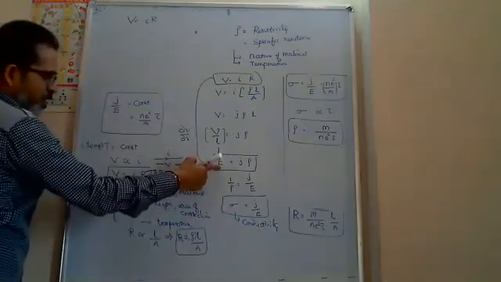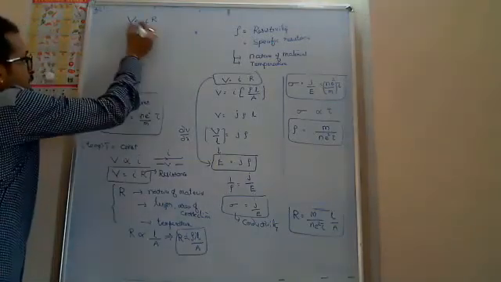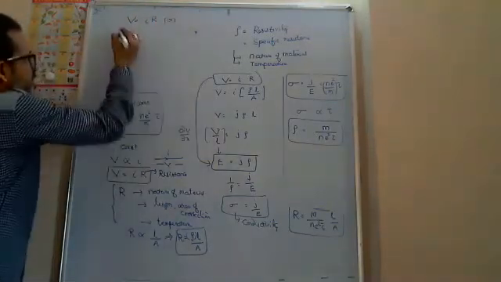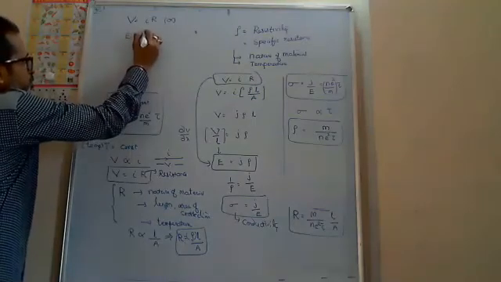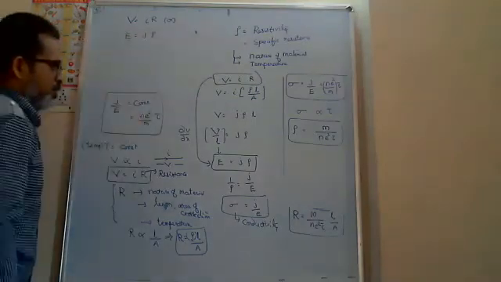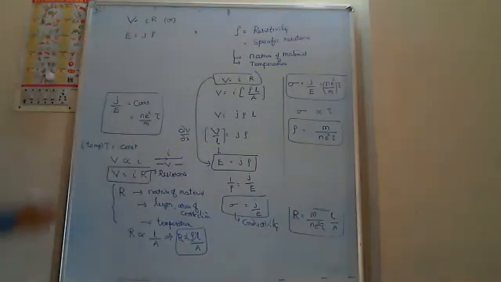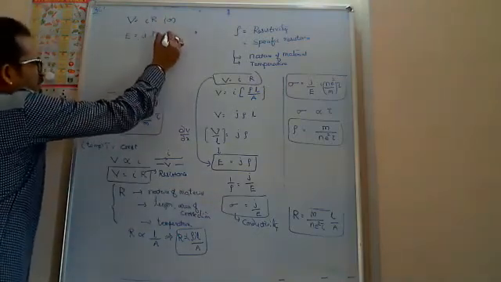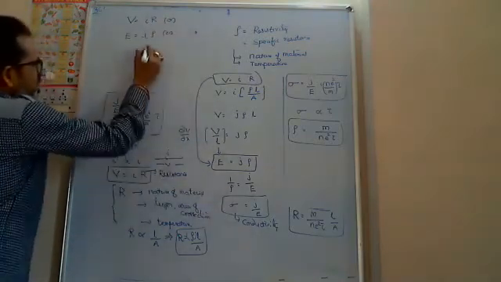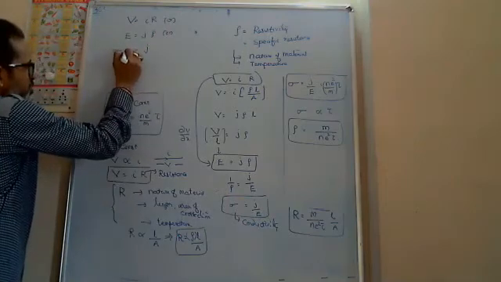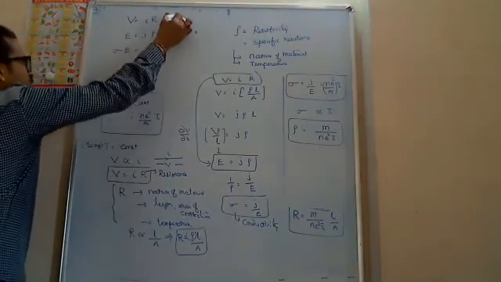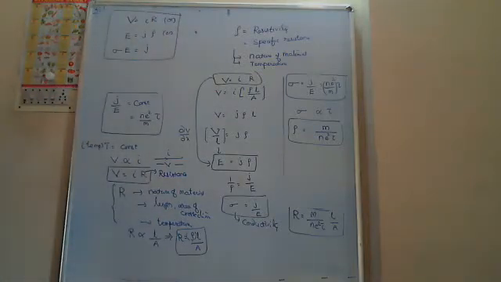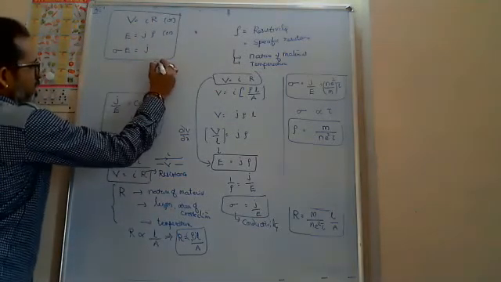It is also called Ohm's law. So Ohm's law you can write as V is equal to IR or E is equal to J rho. Or you can write sigma is equal to J by E, or J is equal to sigma E. Whatever you use, everything is the same. All are representing Ohm's law only. But keep in mind, at constant temperature.